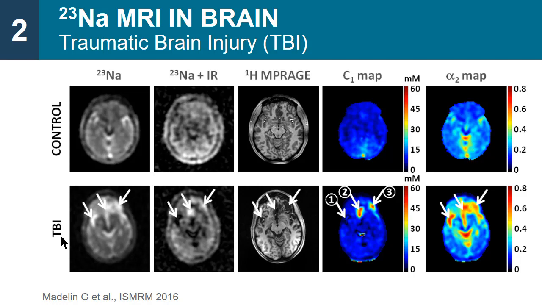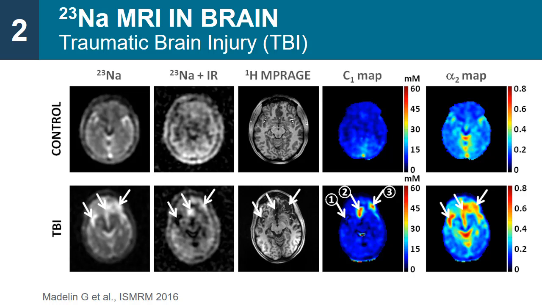And this is a patient after traumatic brain injury. So you already see some change of signal in the sodium images, pre-processing. You see some structural defects in the MPRAGE. And if you do the maps, you can see some change here. You expect a large increase of sodium inside the cells in these two parts, but not here. And you see there's a lot of fluid in this one. So this one is mostly fluid, while here we expect the cells are dying and the sodium is increasing, about 40, 50 millimolar.